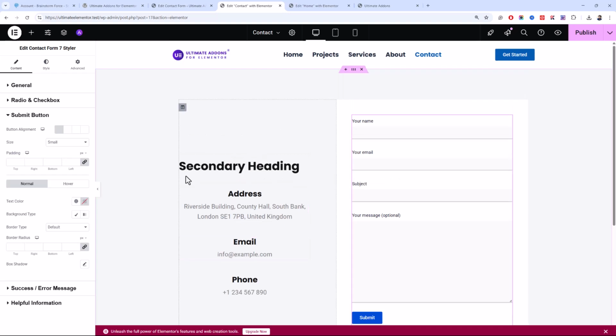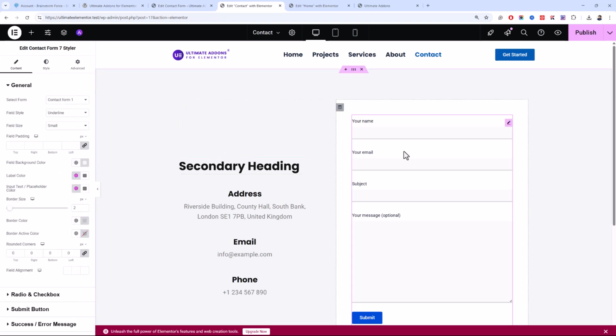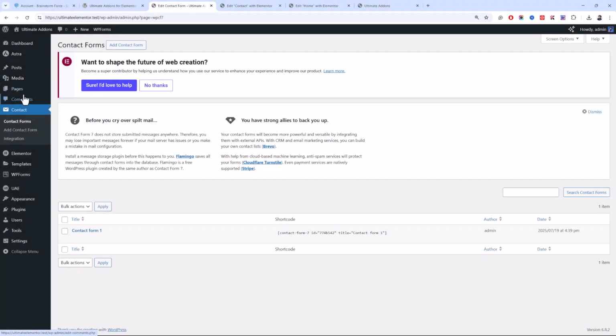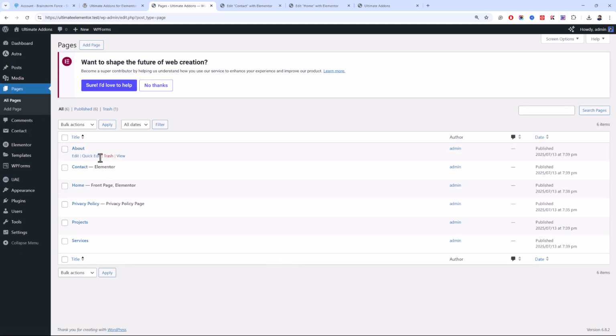So now you get the power to style those boring Contact Form 7 forms to more appealing and nice looking forms over here. Let's edit another page.